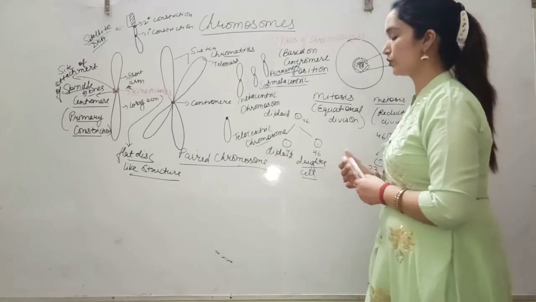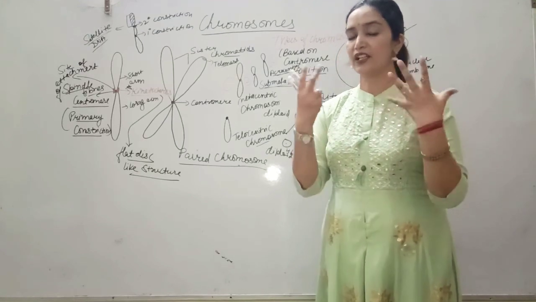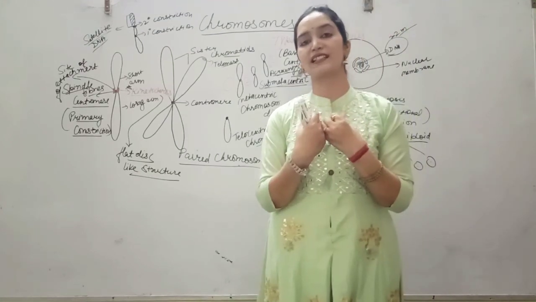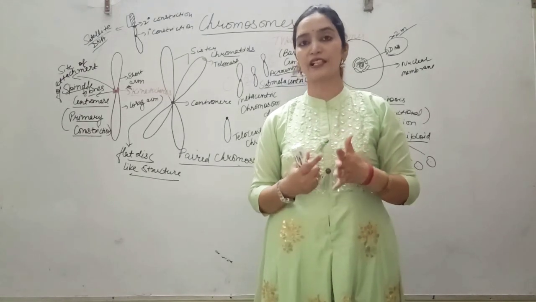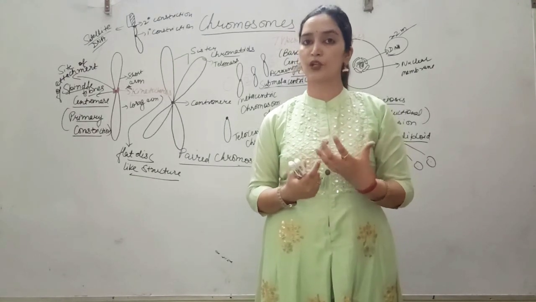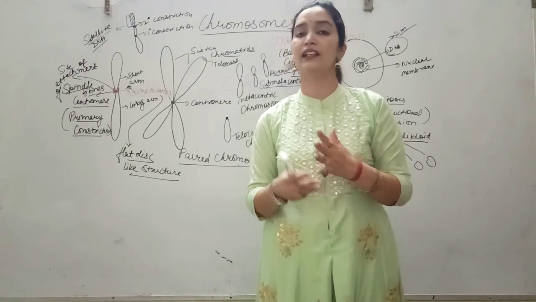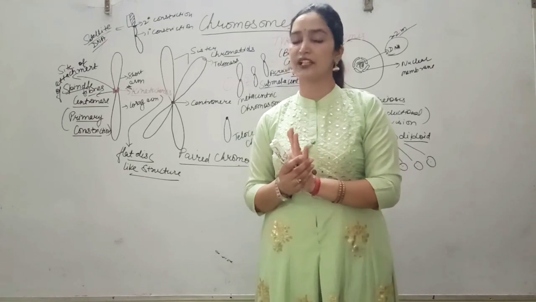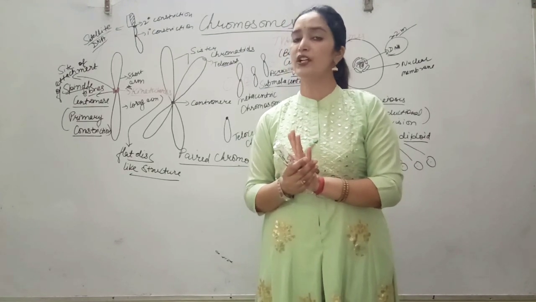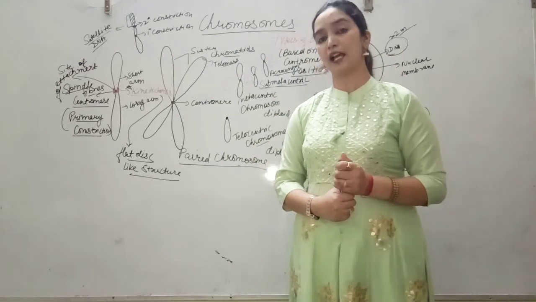I have also told you there are 46 chromosomes present in each cell. Like in our body, most cells are somatic cells that are diploid in nature. Germ cells are also diploid in nature, but they give rise to gametes like sperm and ova that are haploid in nature. Two types of cell division are there, mitosis and meiosis. Mitosis gives rise to diploid cells, and meiosis gives rise to haploid cells.